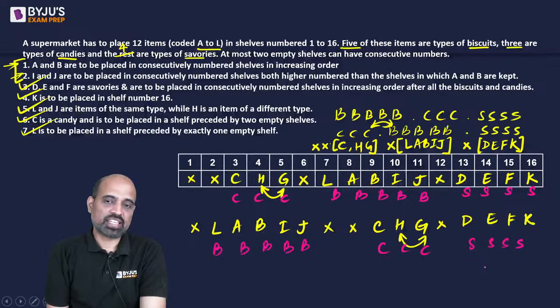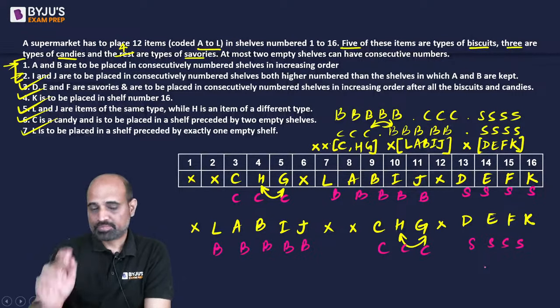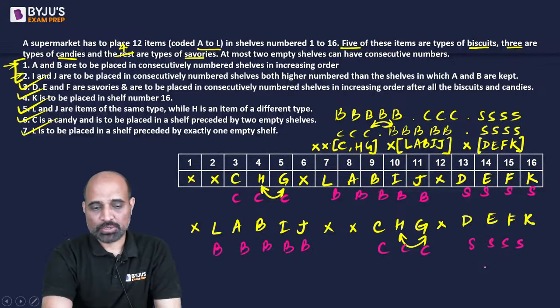So can L and J be candies, right? No, because then L is